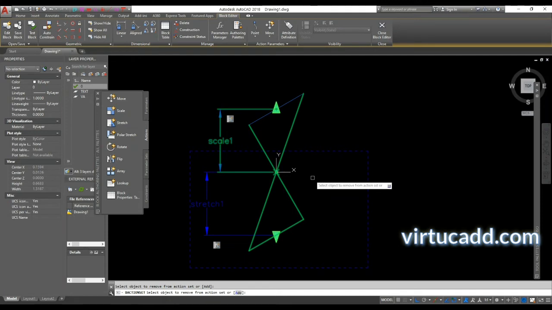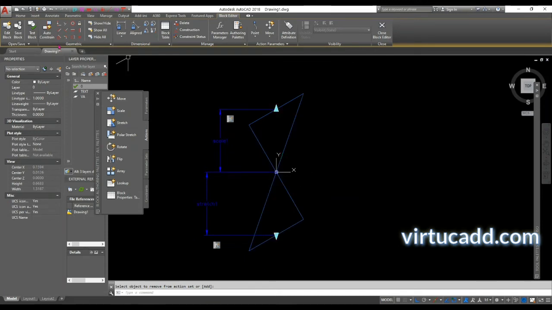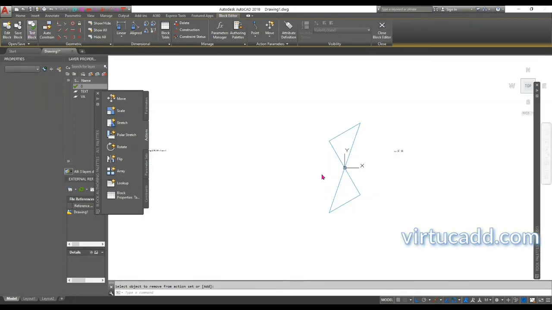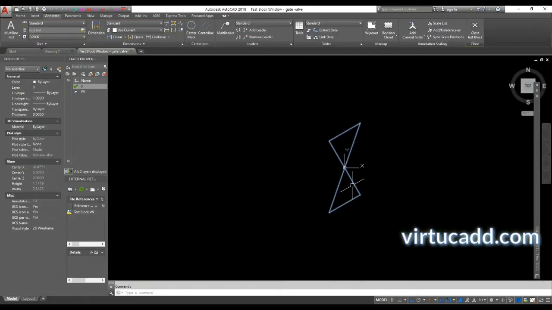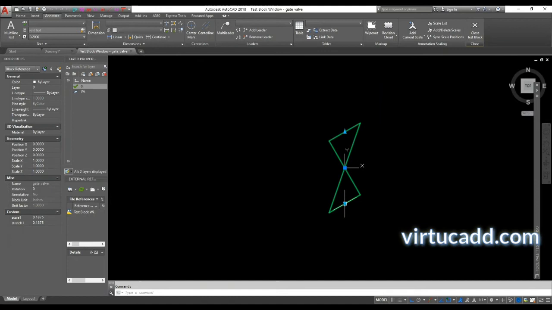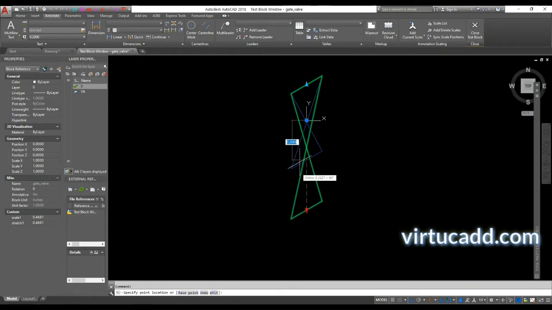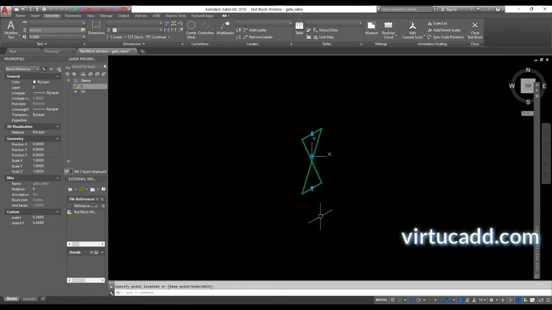Okay, we don't need that. Enter. We will test the block again. Now you are getting it. See, now it's stretching perfectly. So we have to exclude this line as it is the baseline. We should not include that in our selection objects.